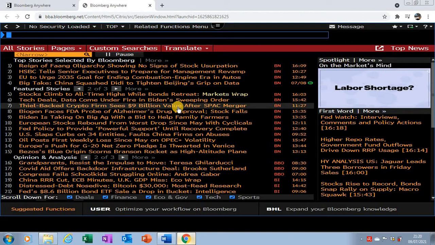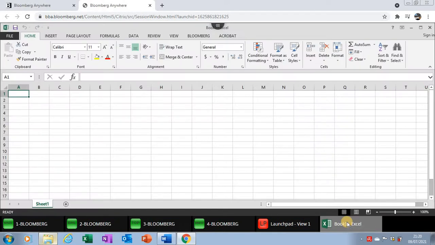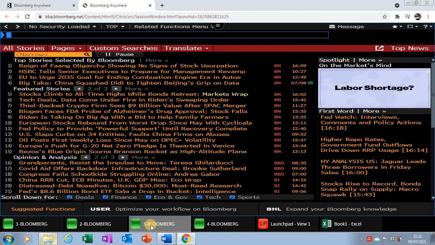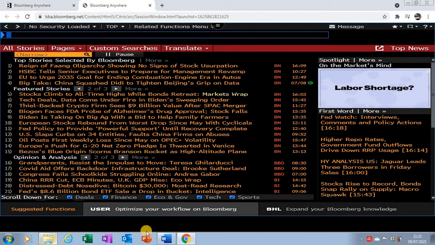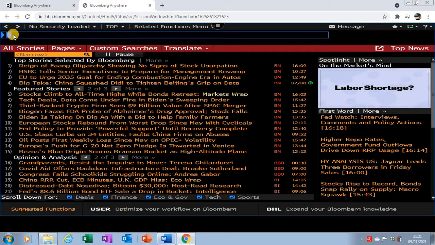When you log in to the DataStream, the Bloomberg, you will get a screen like this, and you have some screens here, which are the green ones. You have the Excel as well. You can use the Excel, but I recommend that you go to the green ones here. Let's try number 3. I think all of them do the job. So if you'd like to download the entire stock exchange, the entire country data, the entire index data, go to